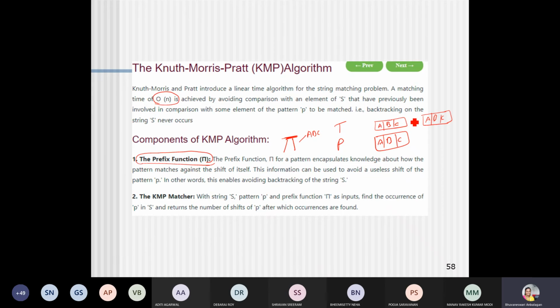Here I have a match, and CD over here. Now I am trying to match EF. A, B, C is matched, but C and E are not matched.